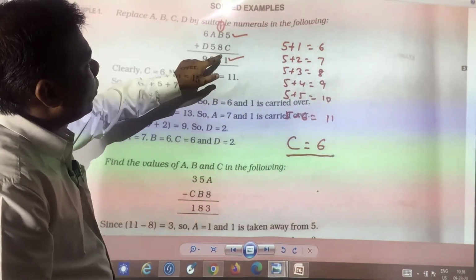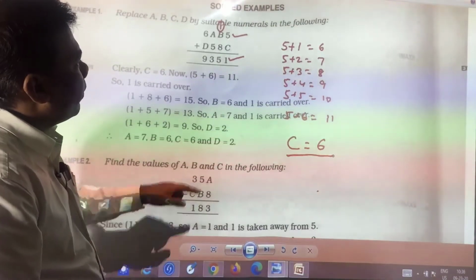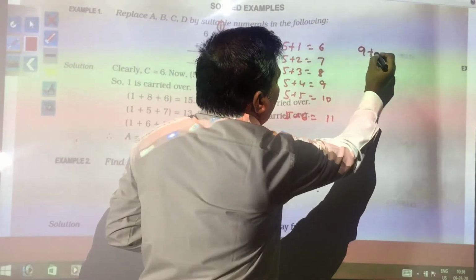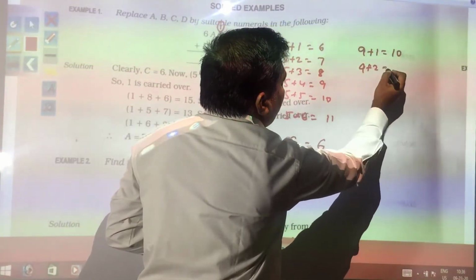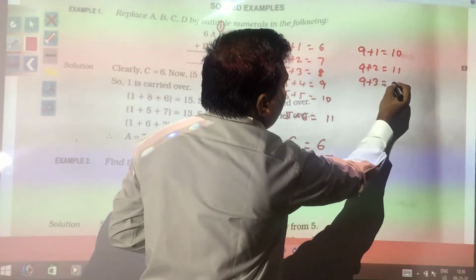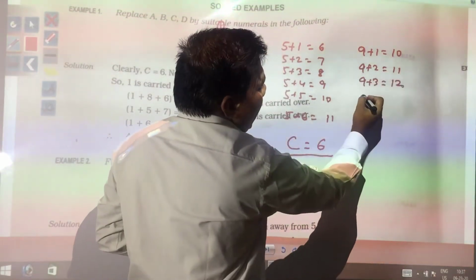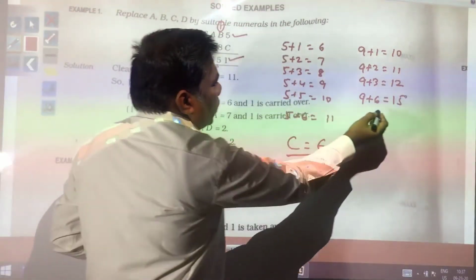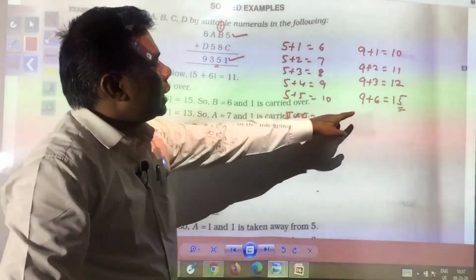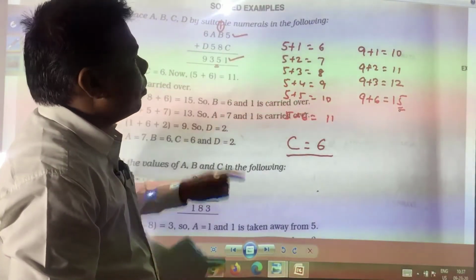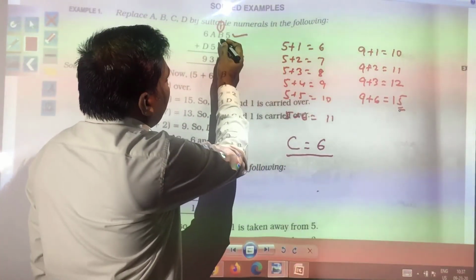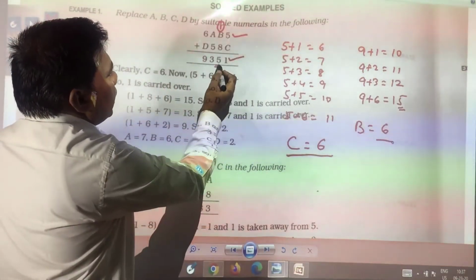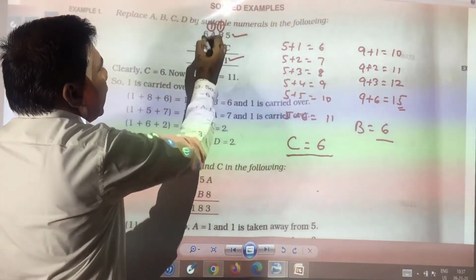Again the same thing is required to be done, 8 plus 1 is equal to 9. Then you need to get 5 in one's place. So, 9 plus 1 is equal to 10, 9 plus 2 is equal to 11, 9 plus 3 is equal to 12. So, what will we add? 9 plus 6 we will add, so that we will get 15. Here you see in one's place we need to get 5. So, 6 is required to be put in place of B. So, B will be 6 again. Here you see 5 you have got, again 1 you have in hand.